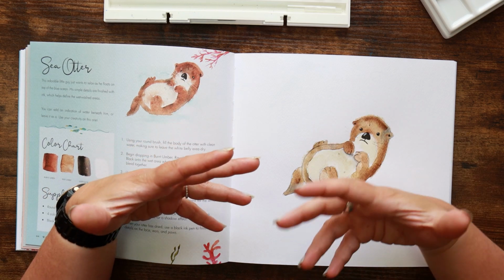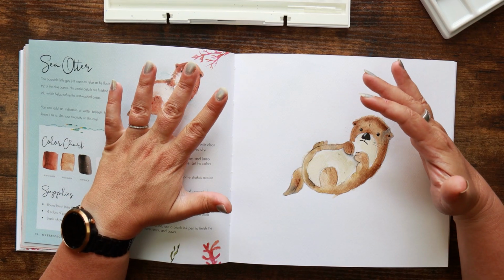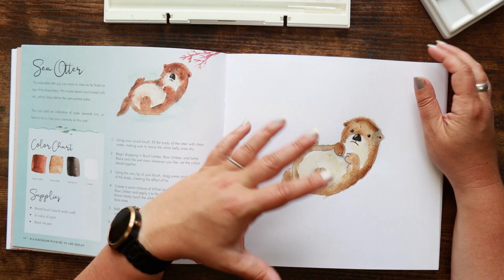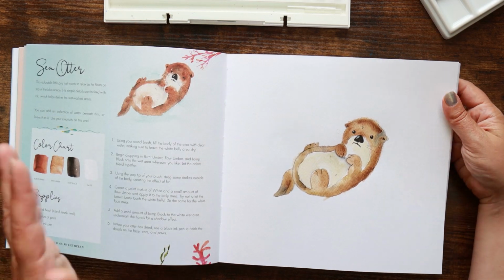That's the kind of feeling that emanates from this book for me, and feelings have a lot to do with stuff like this, certainly from the point of view of whether or not you go back and use it again. And the more love that you feel with things like that, the more likely you are to go back. So with that